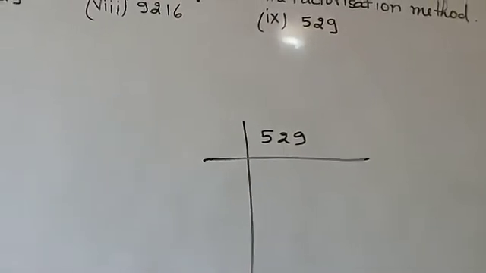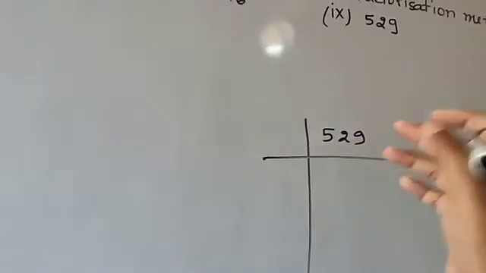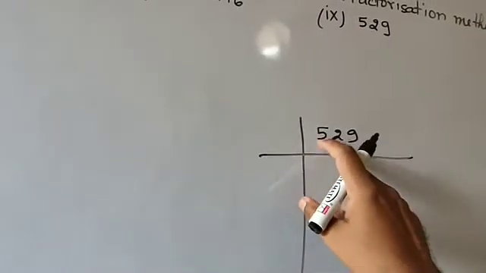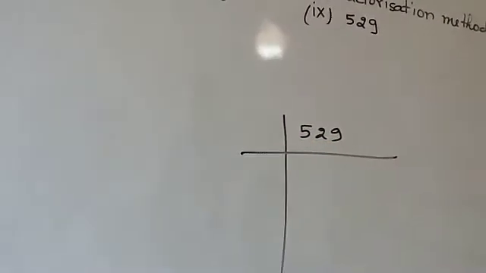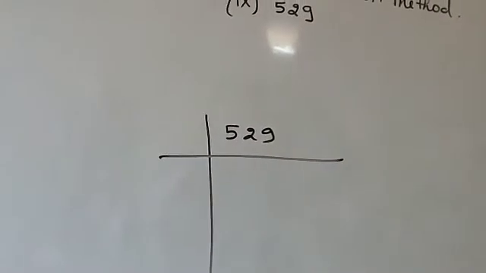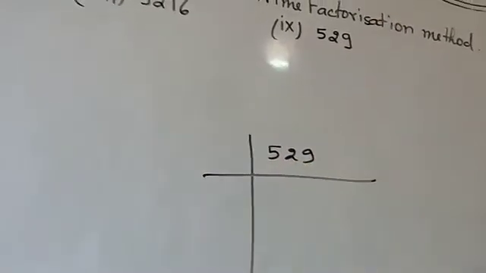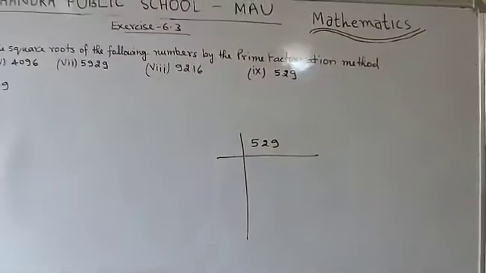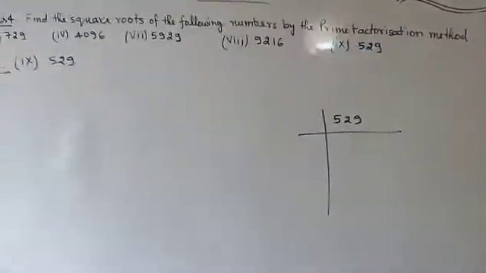You will check for the next, 5. 5 is the prime number after 3. So it is not divisible by 5. Then 7. 7 7 ja 49. Then 3 39, so it is not divisible by 7 also, and it is not divisible by 11. So students, you need to have the patience to check if you are going to get this kind of number.